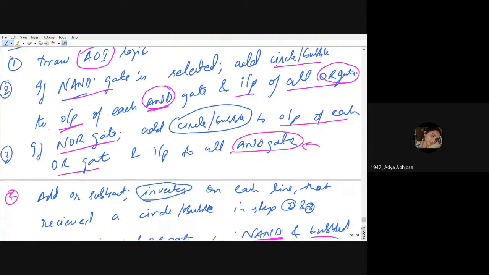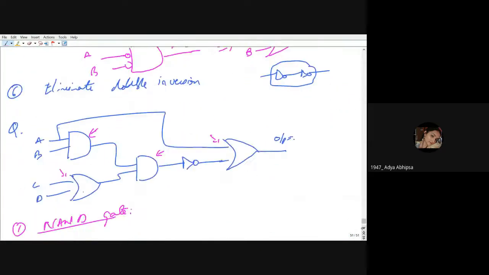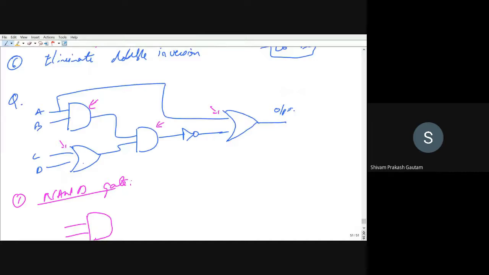Where do we know we have selected the NAND gate? In the problem it has been provided. This is an AOI logic, right? That is, you have made this logic from an AND gate, OR gate, and invert gate. Now you want to maintain uniformity, you want to use universal gates, right? In universal gates there are two categories. You can make this from NAND gate, or you can make it from NOR gate. Yes, you will select. Correct.